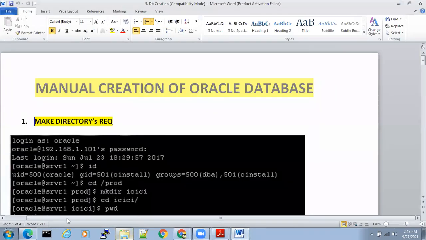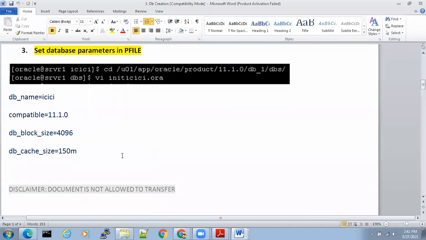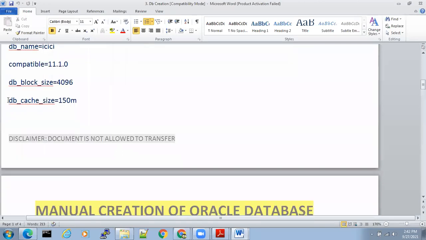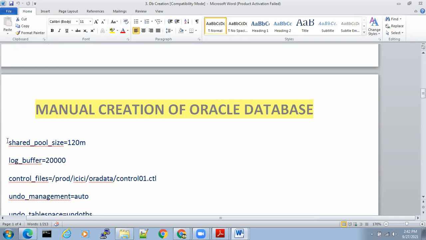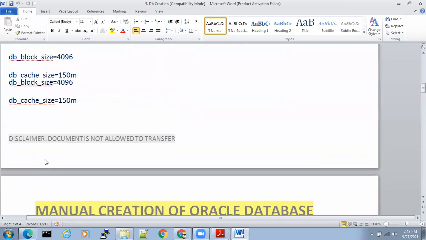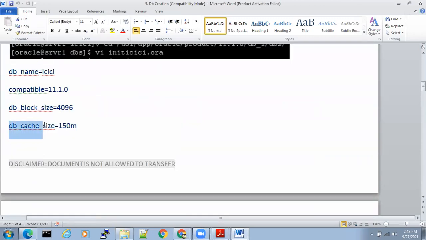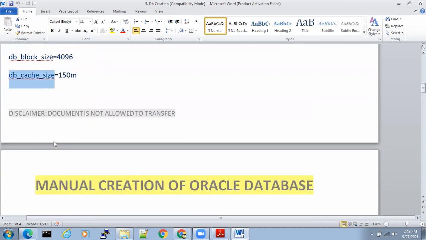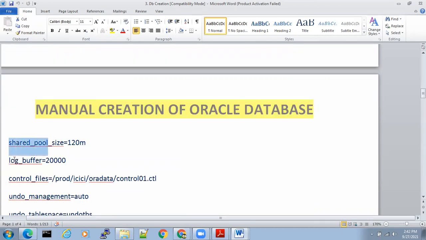At the time of database creation, we have given something called db_cache_size. We have given something called shared_pool_size. We have given something called log_buffer. Everyone understood what I'm talking about? Yes, sir.